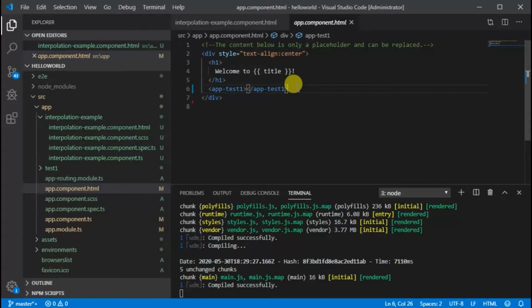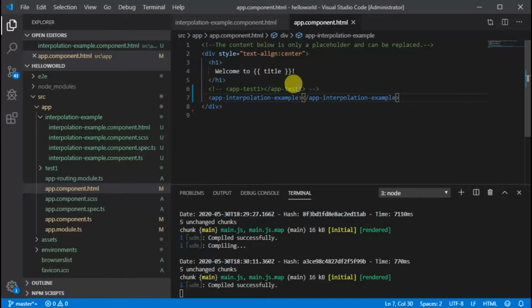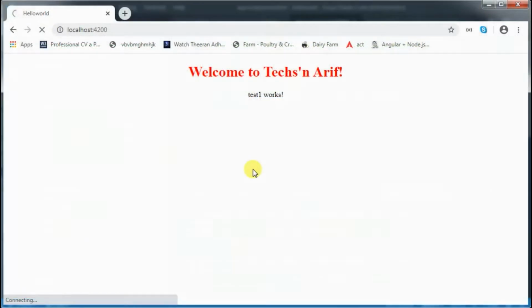Let me comment out this app-test1 component. Let us navigate to the browser and verify this interpolation component. So, as a result, we can see the interpolation component in the browser.